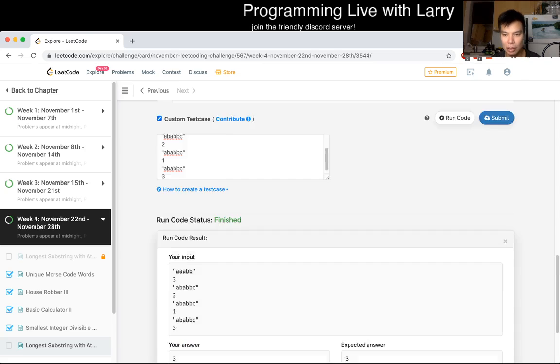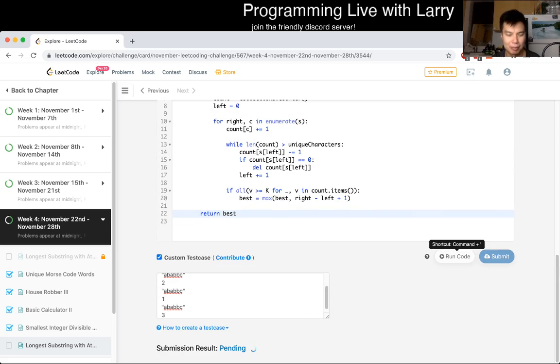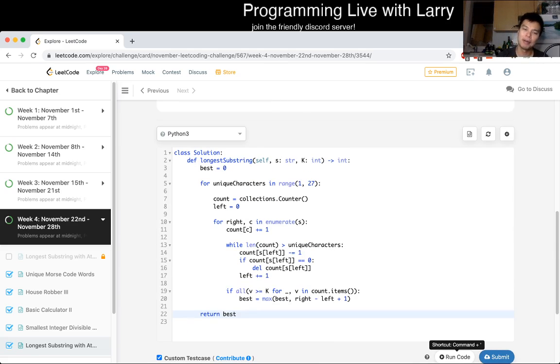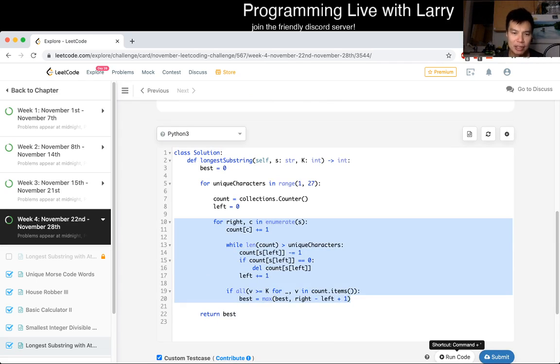Okay, so that looks good. Let's give it a quick submit. Maybe I should have done empty strings and stuff like that, but it looks good. Okay, cool. So I think the hardest part, this sliding window is okay once you make the assumption that this